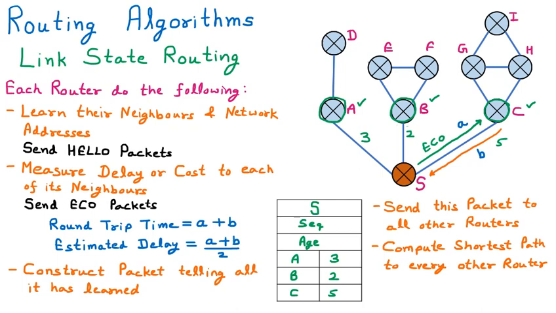And in the third step, every router will construct a packet. I am a router, I will construct. You are a router, you will construct. So every router has a packet of their neighbors. Now this packet will be interchanged, meaning sent to all the different routers. So that is the fourth step. Now all the routers have the information of their neighbors and all other routers. Now this is the time to compute the shortest path. So that's why it is called dynamic routing, because all the routers have the information of the other routers. So this is called link state routing.